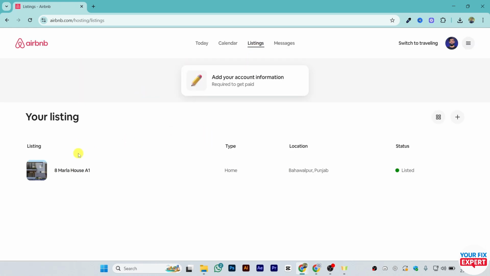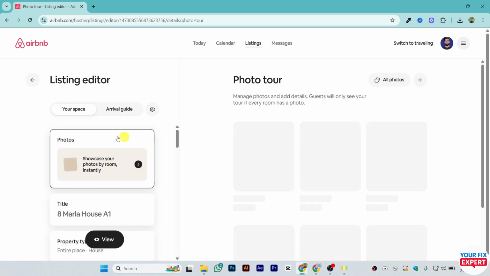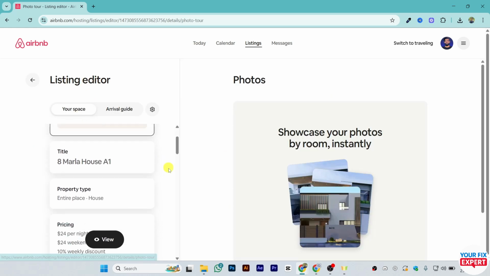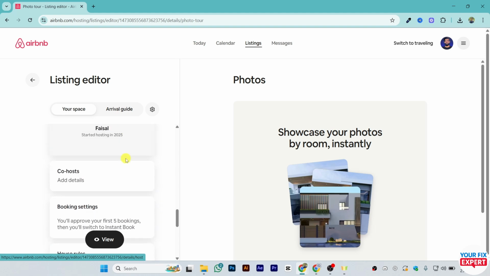once you're into the listing, you will be seeing all the listings that you have done or that are available or currently listed as well. So just open the listing that you want to open and just scroll down listing editor. Just scroll down in this section, and once you scroll down below the location about the host, and here is